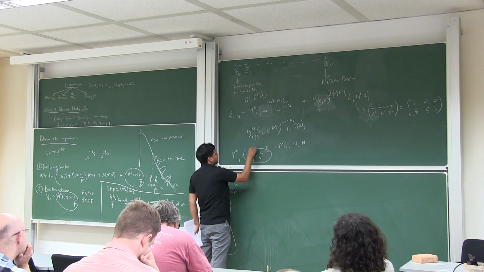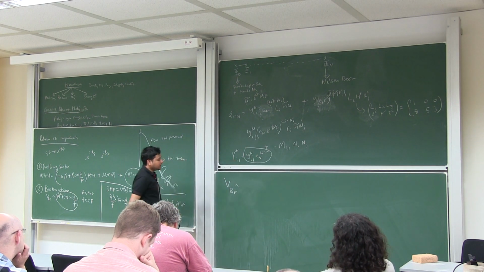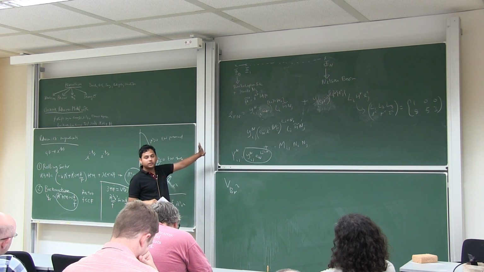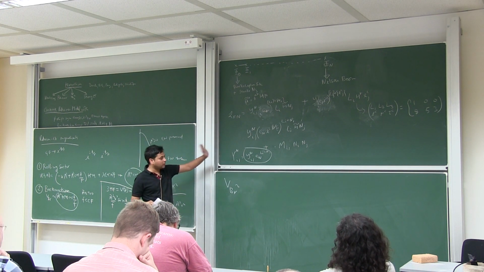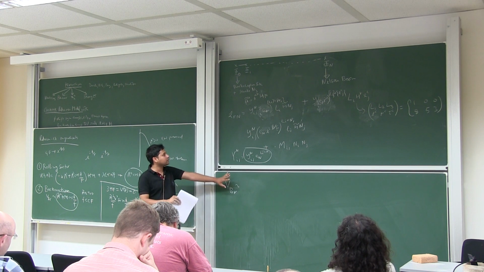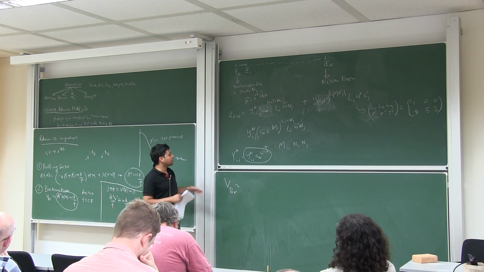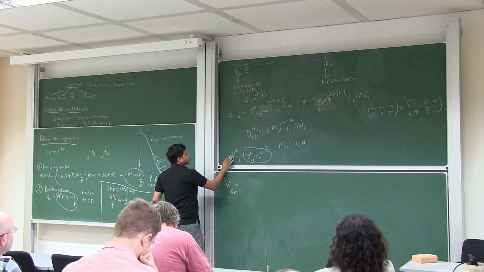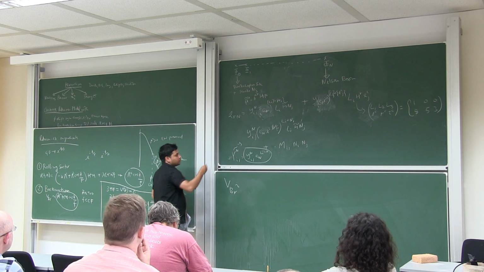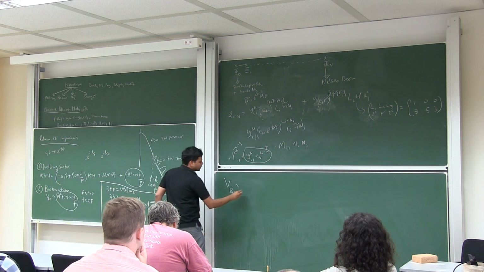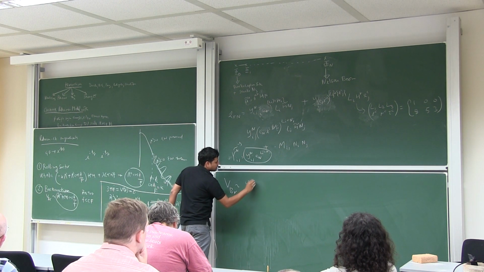So let me call this Y_ij, and for the purposes of estimates let me take an anarchic Yukawa, although I don't need it, just using this to simplify what I'm going to write, but you can assume all of them are order y. This is not a bad assumption, but it's also not necessary. So if I do this, then it comes out, just to give you the scaling, to be something like